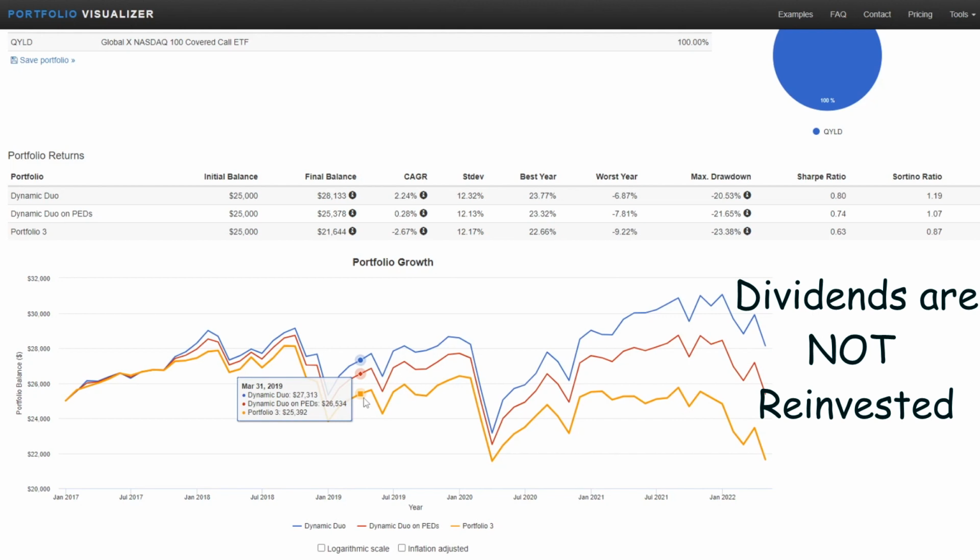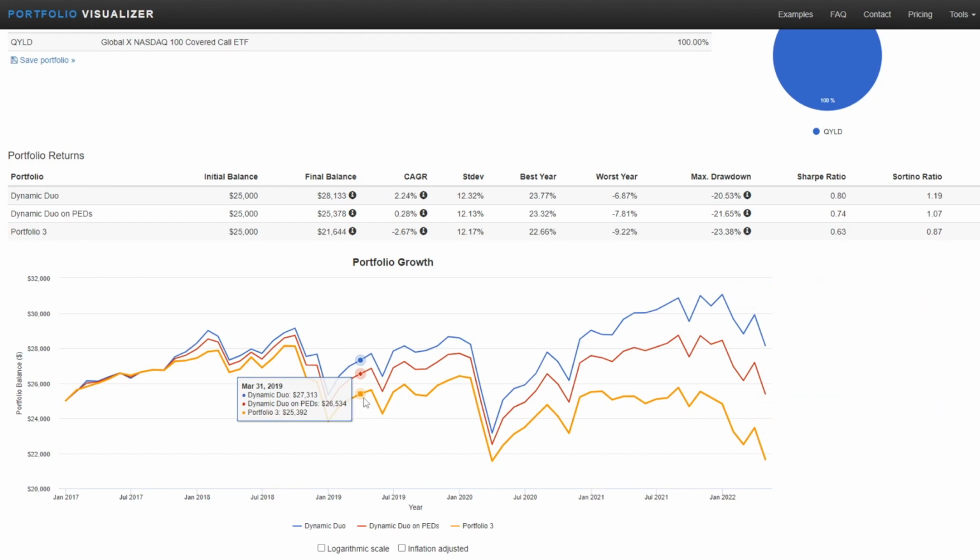The red is going to be the higher percentage of QYLD, and then the blue is going to be the 50-50 mix. And as you can see, at no point other than March of 2020 does the dynamic duo or the 50-50 mix go below your initial investment. And we've gone through multiple phases. We've gone through a bull market. We've gone through a massive crash, the COVID market correction in March of 2020, and now we're in a current